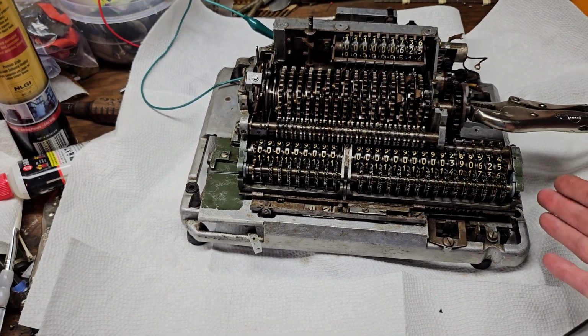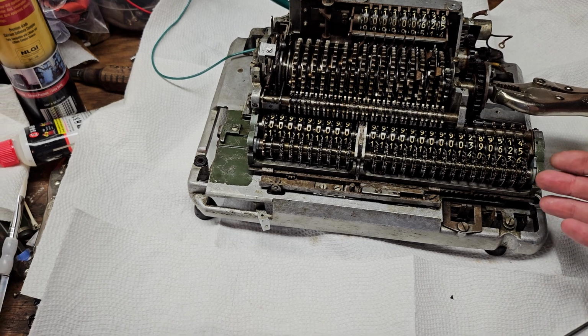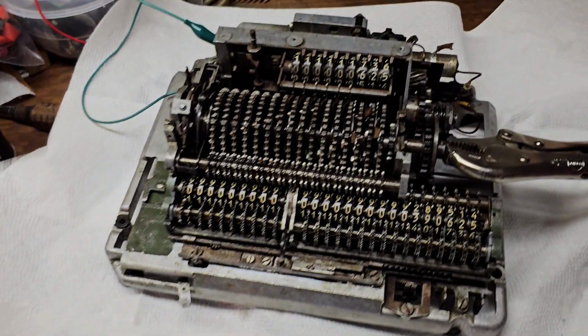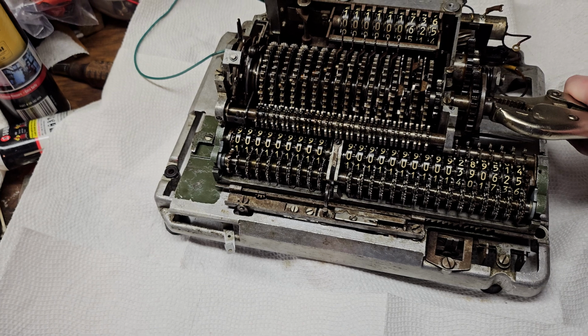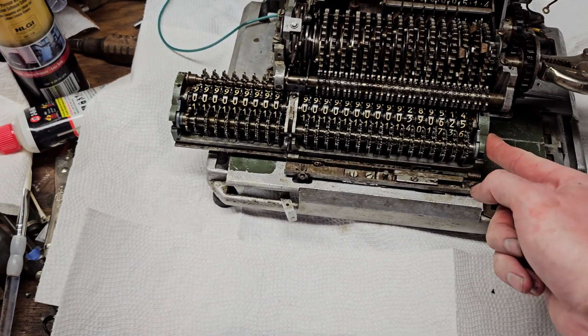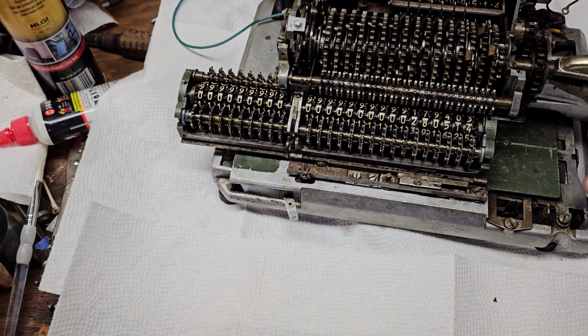Now again, because this machine has automatic carriage movement, if I had the motor on, it would move the carriage all the way back to the left again. But that's handled by another shaft down here in the bottom, so I can't do that with my little vice grip here. You see the main clutch is engaged. Yeah, so normally the machine would then take it back to the clearing position, so we can now clear it out